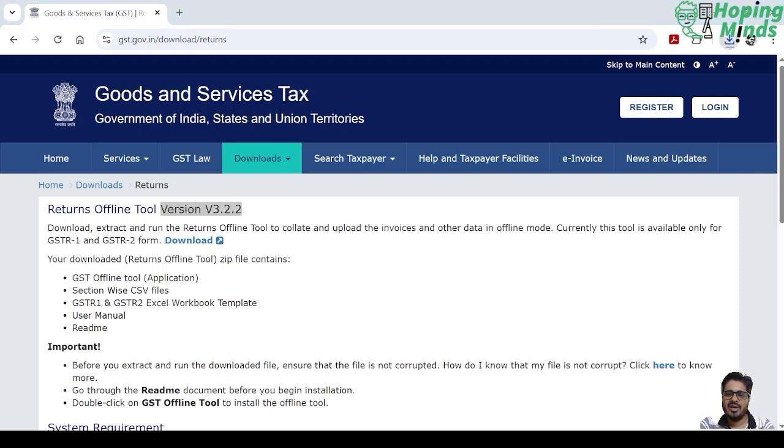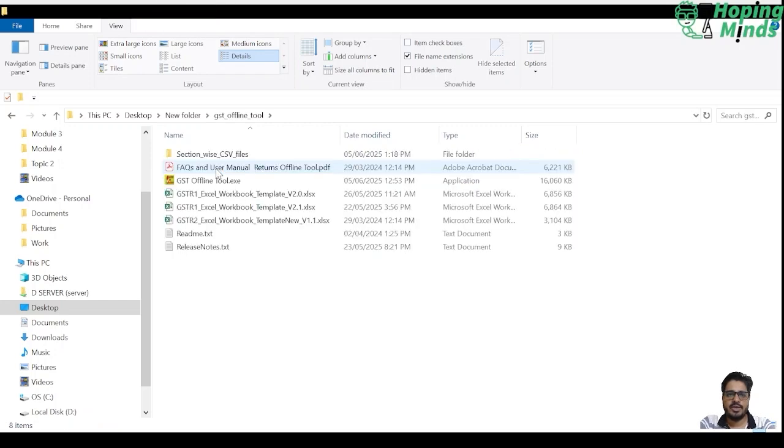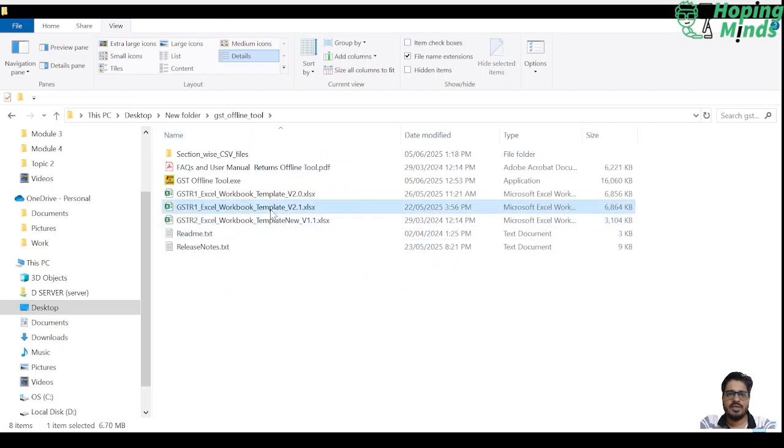After downloading, we have to open the zip file. Here we have to extract this. In this folder, we will find GSTR-1 Excel Workbook Template 2.1. So we will enable the macros. How? We will unblock the setting and apply and OK. So this is how the Excel utility is downloaded and extracted from the zip file. Now,